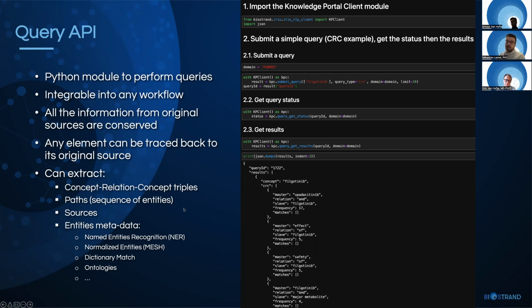We can also extract what we call paths, which are basically sequences of entities, once you remove elements that do not hold further information, typically stop words, etc. We can also extract the source and the entities metadata, like, for example, named entities recognized through a transformer-based model, normalized entities, dictionary matches, ontologies, and so on. All of this is stored in our database, and we can query it with the different functions